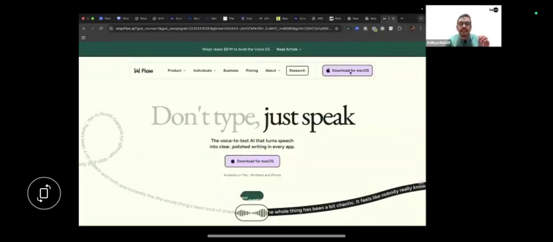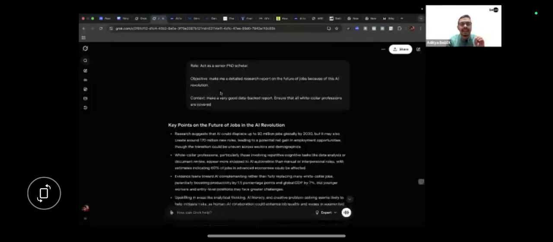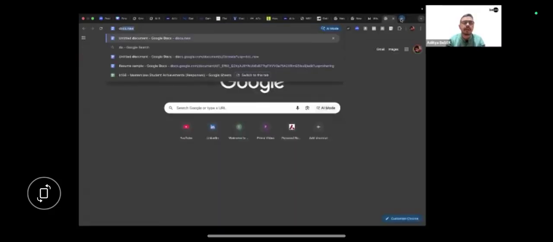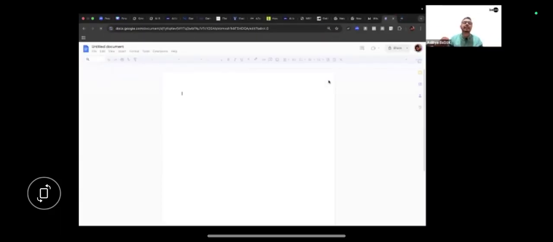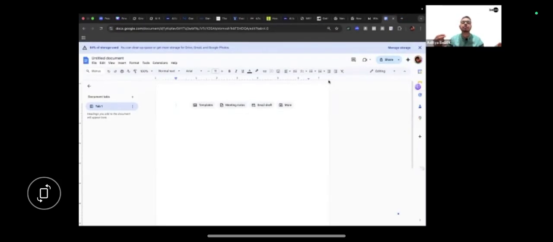There will be a trigger button. You can simply click on this trigger button, and whatever you speak, it will be able to transcribe into words like I did over here. And does it work only in AI? That is not the case. Let's say I were to write an email to you guys to attend the AI tools workshop. What will I do? Will I go ahead and type it out? I won't do that. What will I do? I will go to Google Docs, and what will I do?